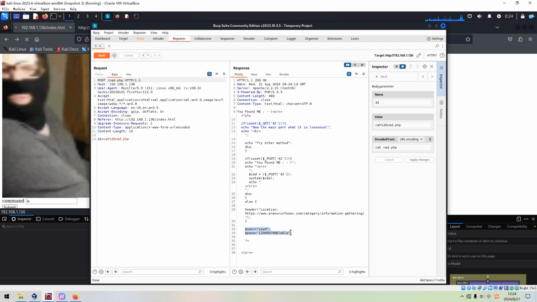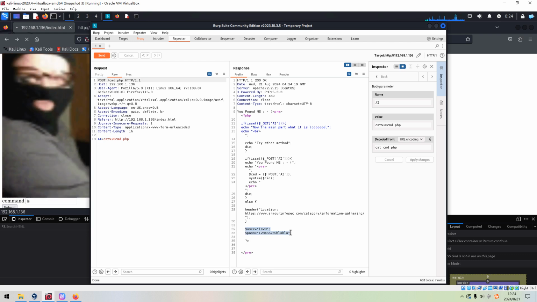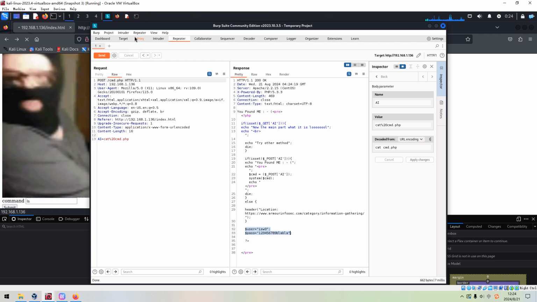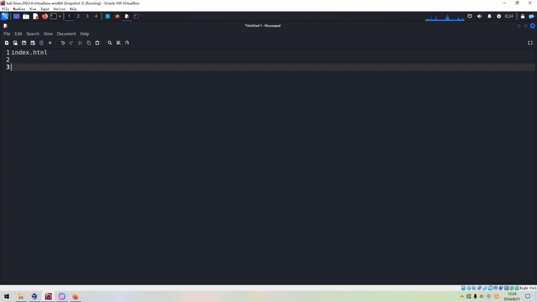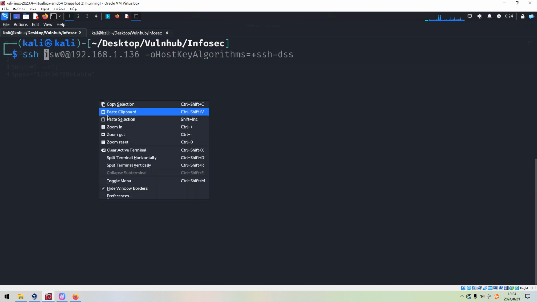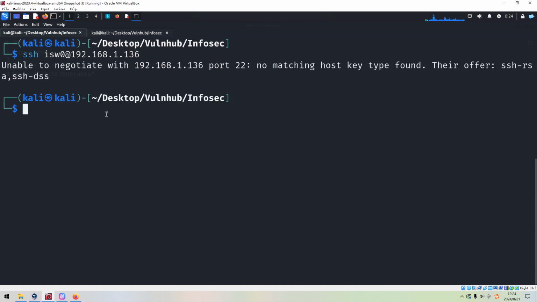So maybe next we can use this credential to SSH to the target. We can copy, and we do not need to do anything else, right? We can paste over here. Next, we can copy and we can SSH. Press enter. However, when you SSH to the target, you will get this error: no matching host key type found.